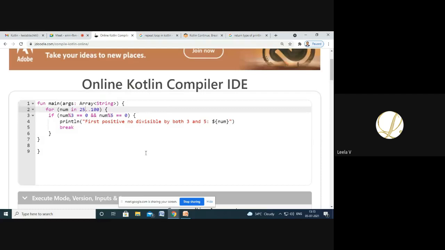So it identifies only the first number which is divisible by both 3 and 5. Then it will come out of your loop, and it won't proceed with the next remaining values.